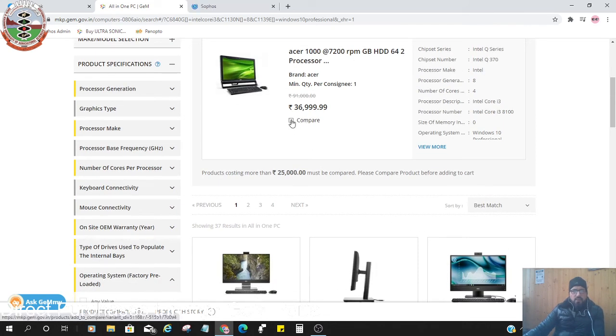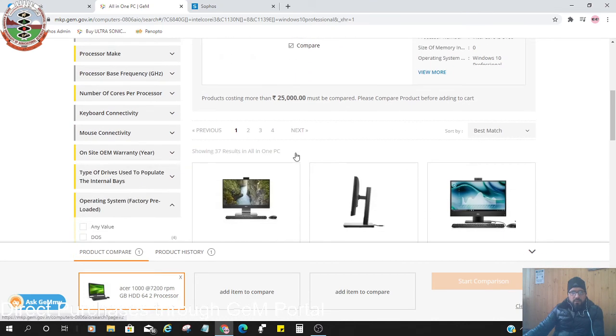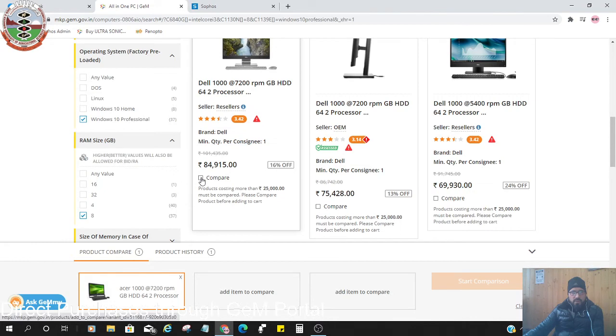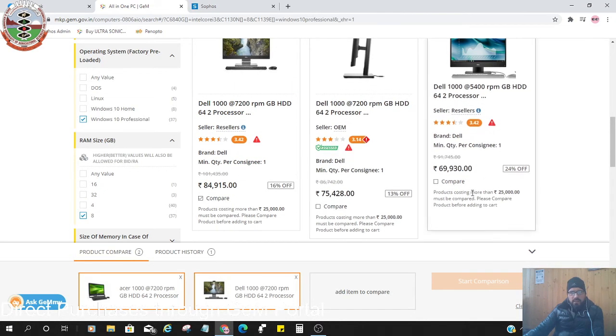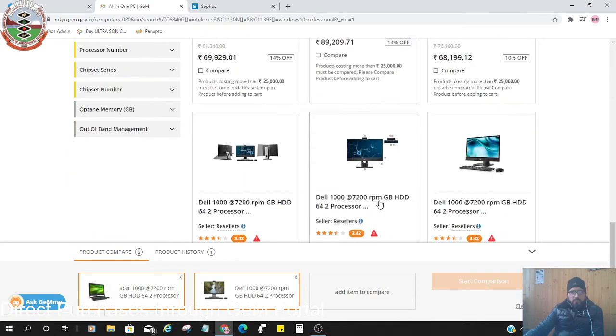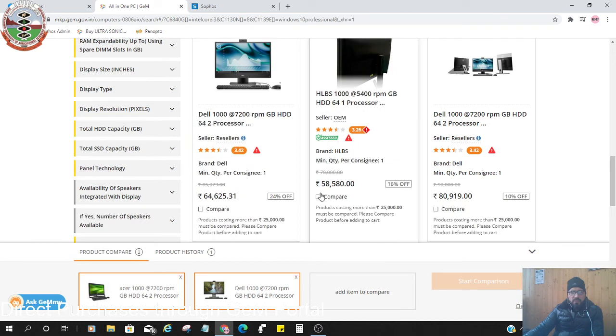It is the lowest, so you will select this Acer brand. For comparison you have to give three different brands, so we will select one from Dell and another from some other brand. Okay, there is HP, yes.